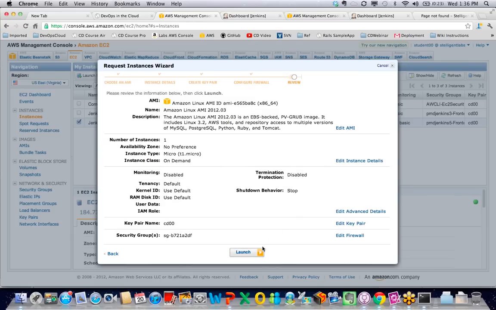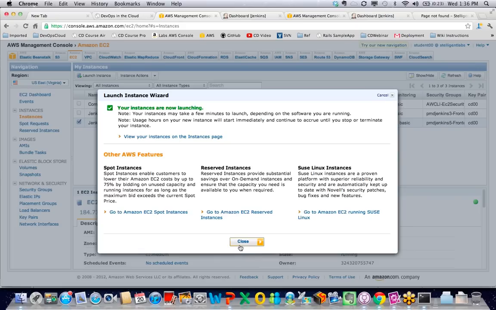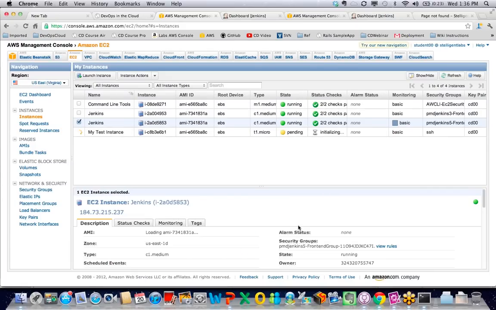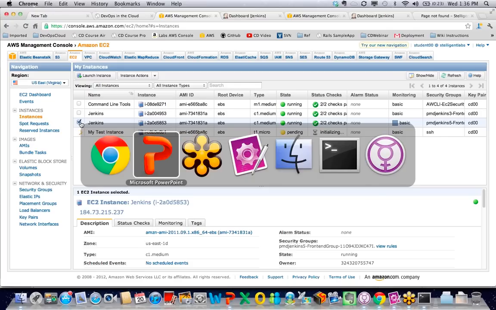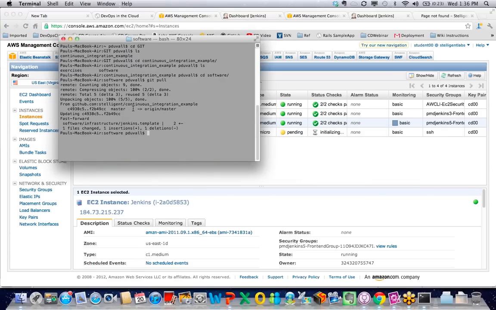What that means is that this instance will only have external access through that port 22. And then furthermore, you have to have a private key. I already defined a private key. I just went through that step. I have that on my computer, and I can use that to SSH into the instance.